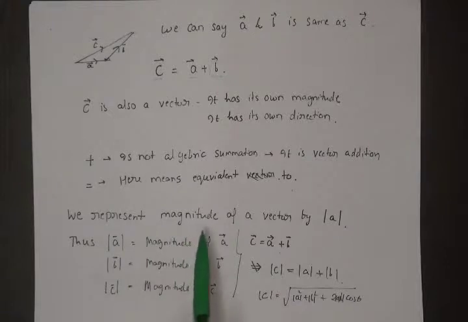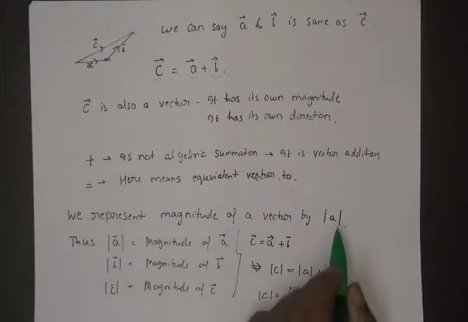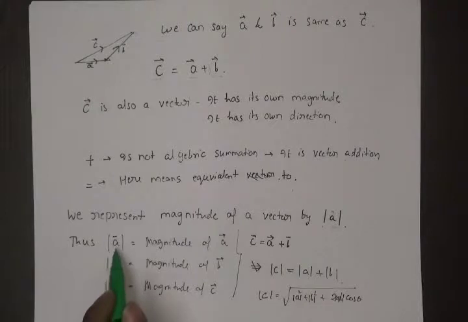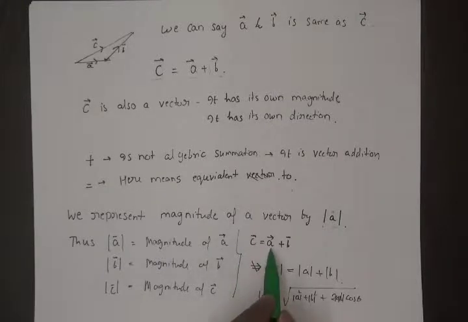We represent the magnitude of a vector by modulus over the vector. So this represents the magnitude of the vector alone, not the direction. Thus, A vector mod is the magnitude of A vector, B vector modulus is the magnitude of B vector, and C vector modulus is the magnitude of C vector. In vector form, I can write C vector is equal to A vector plus B vector, but it does not